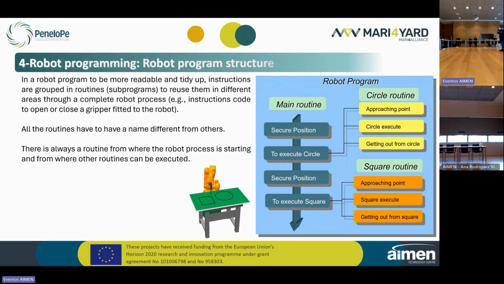For example, we could group instructions regarding the operation of closing or opening a gripper fitted onto one robot. All these routines have to have, of course, different names from the others, because when we want to execute one routine, we have to call it by its name. So all of the routines defined inside of a program should have